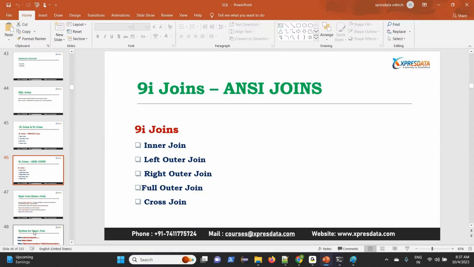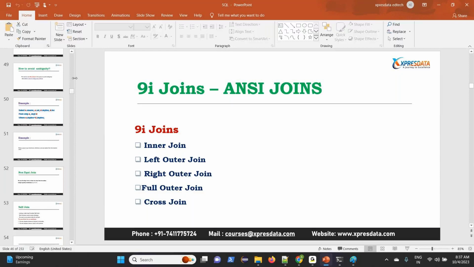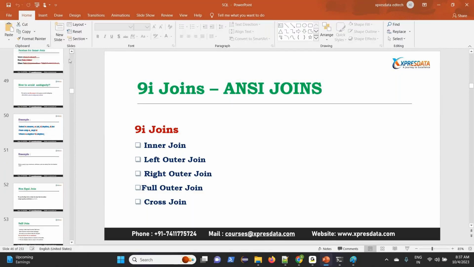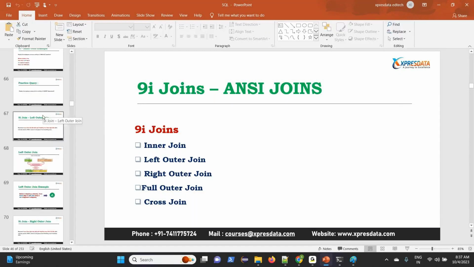These joins can be used in all the databases because they are from ANSI. I told you, right? ANSI is 70 to 75% the same in all the databases. That's why clients will prefer ANSI joins only. So now let's see.